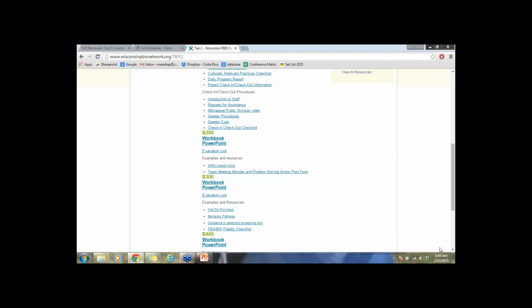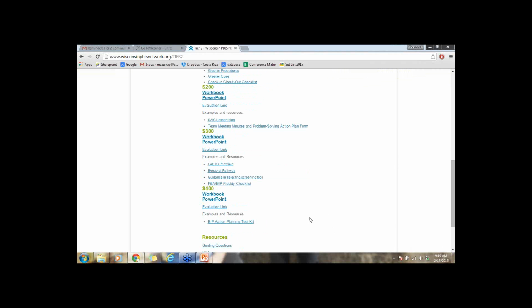Everything in today's PowerPoint was taken right from the materials used in the S400, the Brief FBA Day. And we also want to cue you to this action planning toolkit.